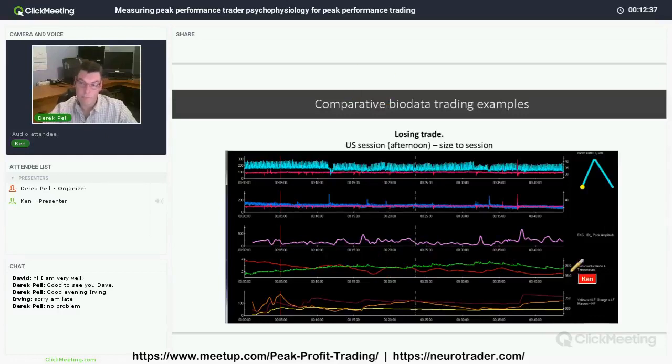And what's interesting about this is that even though I've been able to maintain a temperature of 35 degrees, which is just an ability to stay relatively calm and relaxed, even in a losing trade, you can't get rid of the volatility. You could be a Buddhist monk and you wouldn't be able to do this. You just can't. The body is responding to the environment. That's just reality.